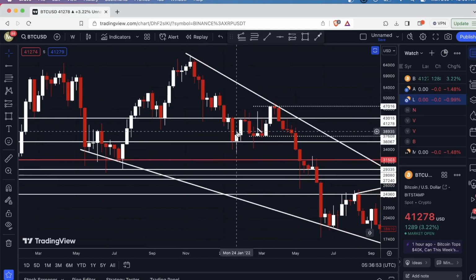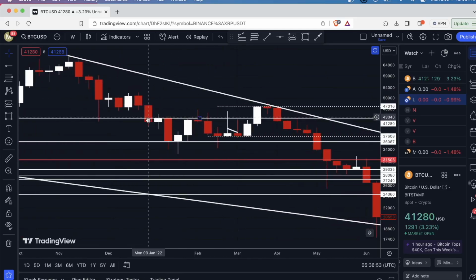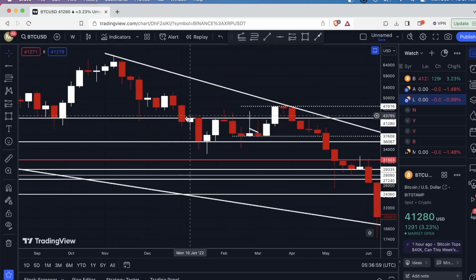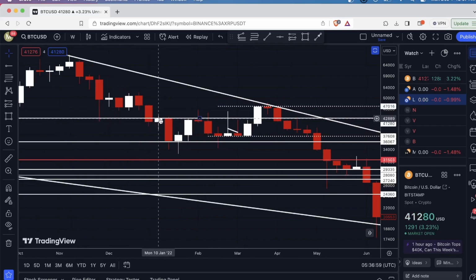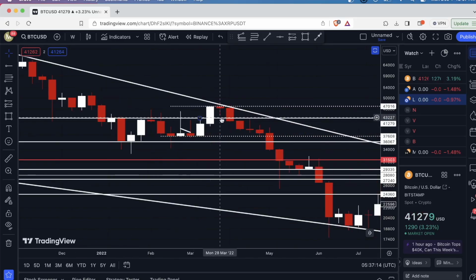And then when we broke below it, look how well this level served as a level of resistance, right? So it flipped from a support level to a resistance level. And when we broke below, this is the level that was being defended by the bears, right? And that is around